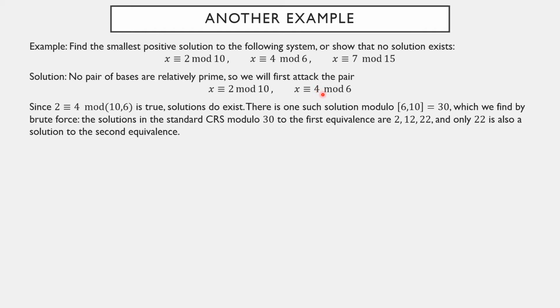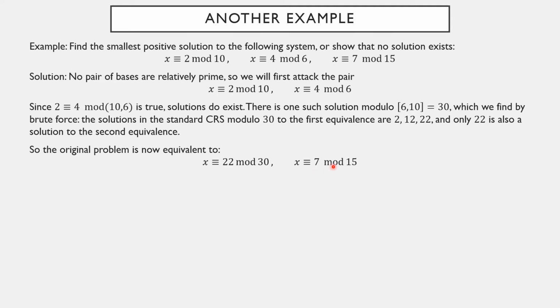It sure is. So 22 is a solution to both of these. So now instead of having these two equivalences, we have solved that both of these are solved exactly when x is equivalent to 22 modulo the least common multiple of 10 and 6, and that least common multiple is 30. So these two here, I replace with one equivalence like this, and now I start adding the next one in